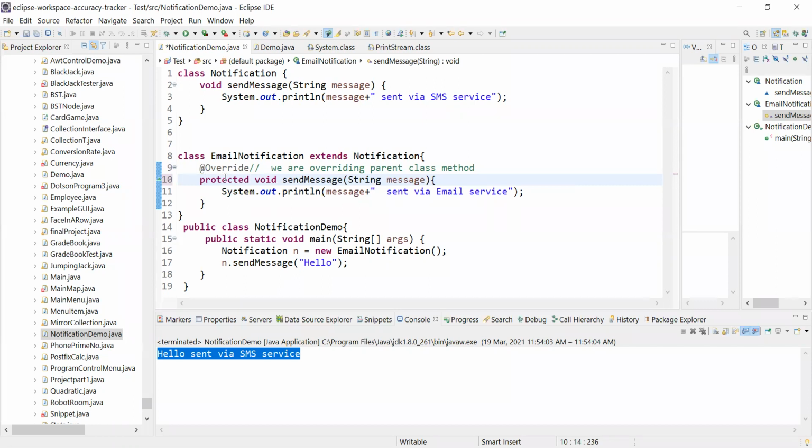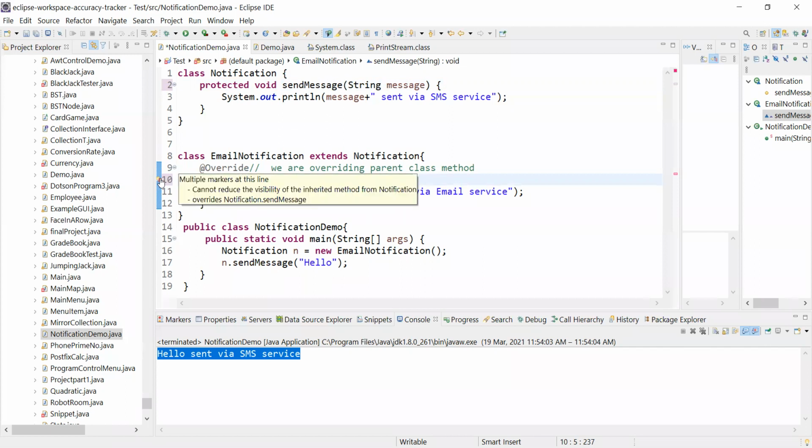So yes, we can do that. So if it is protected and we want to keep it default, it will say cannot reduce the visibility. Please try to read the message. Cannot reduce the visibility of inherited method from Notification, right? So what we can do, either we can use protected here or we can use public.